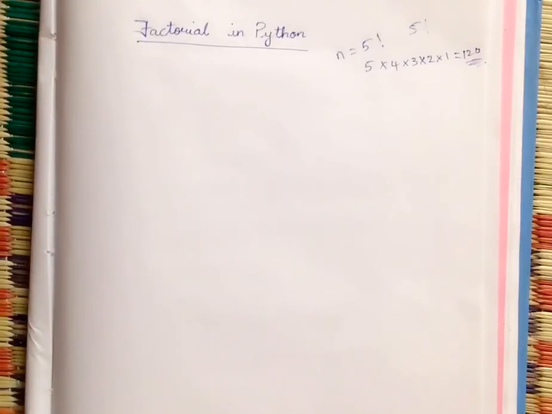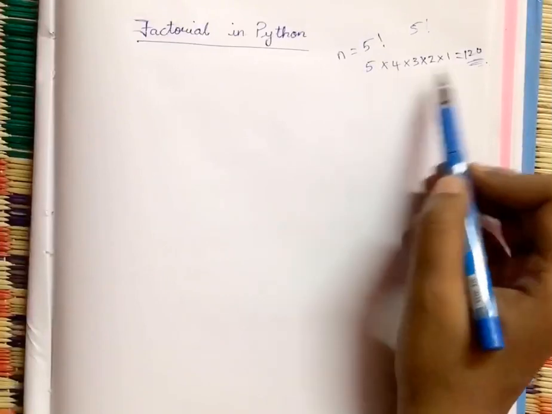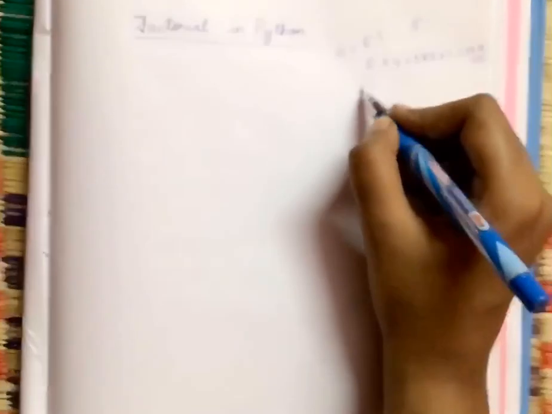In this video, we are going to see how to do a factorial in Python. Okay, first we must know what a factorial is. Factorial is nothing but, in the question, they are given some number. I have calculated for 5 now, so I will say suppose 4 factorial. 4 factorial means